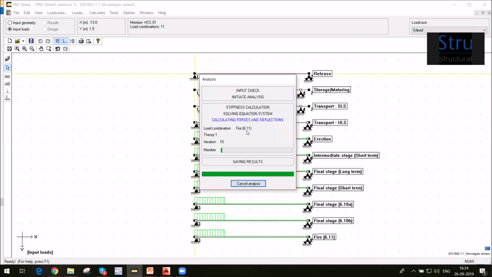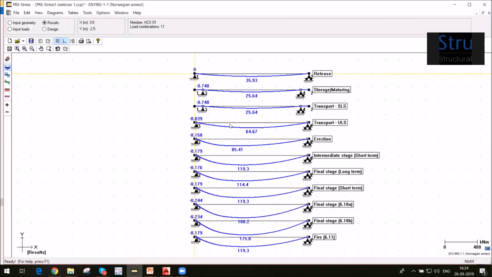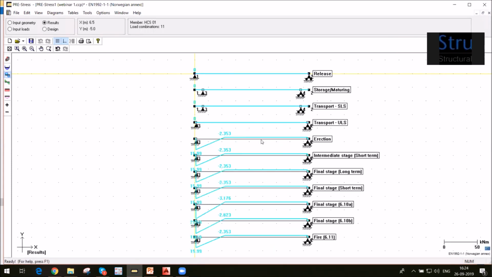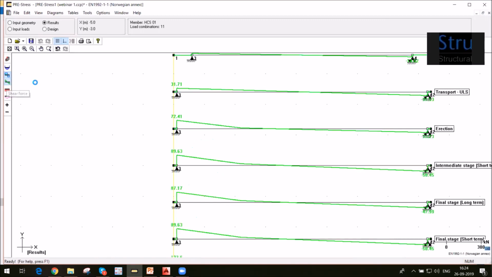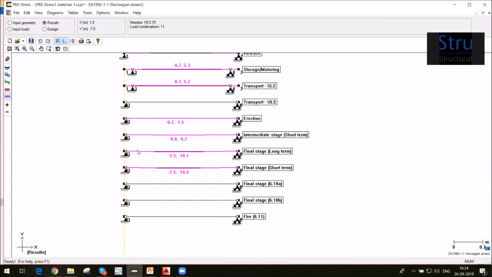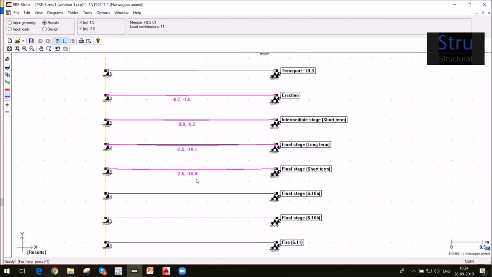So it's in the last case over here, and then we can see the analysis result. We can see the analysis result in the form of bending moment. Yeah, so this is a bending moment which has appeared right now. If we want to see torsion, we can see that. As we had an eccentric load in this case, we can see the torsional load. Then the shear force, if we had any axial forces, and deflection. So we can see that there is an 18.8 mm deflection